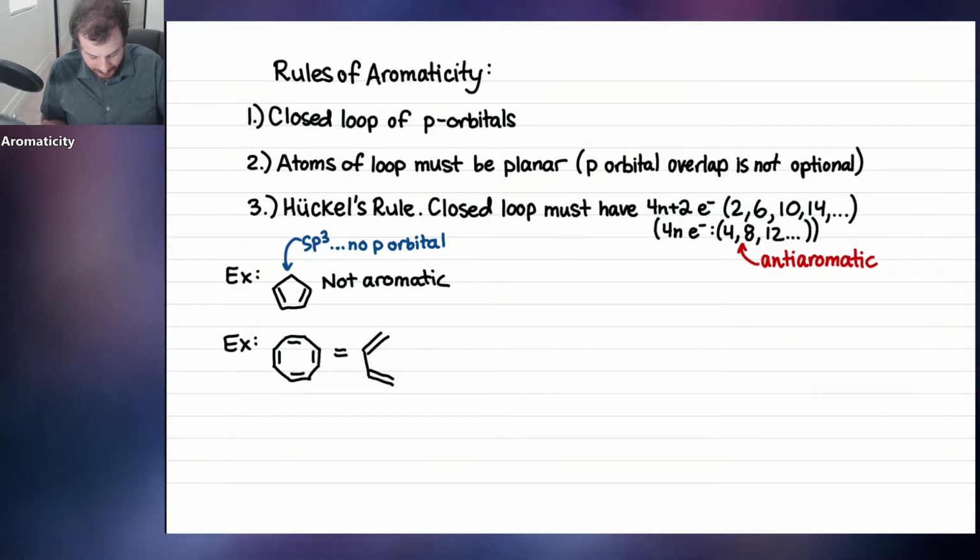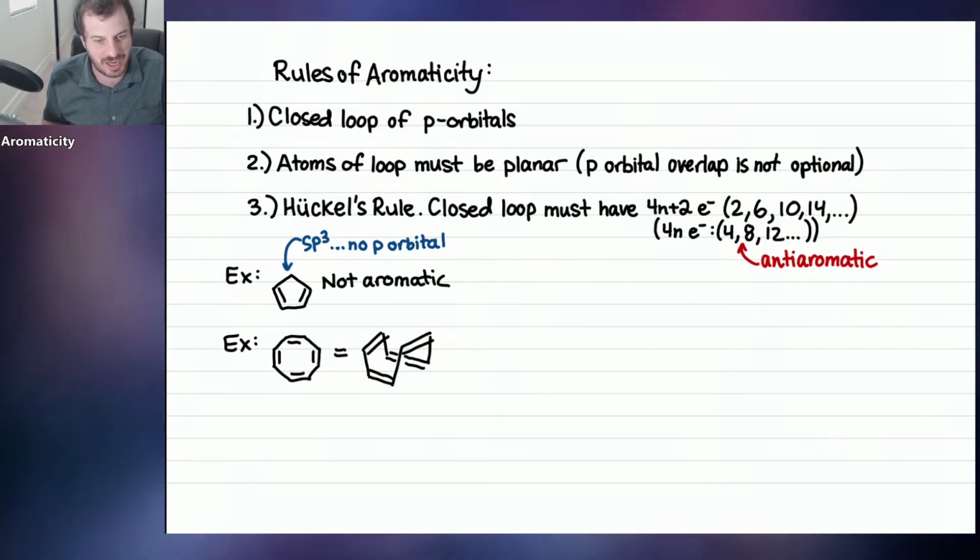And so if you look at this in a 3D form, it deforms itself into a kind of a tub shape. I don't know if you can see the perspective, how 2 of the sides go up and 2 of the sides go down so that it's no longer planar. Now, you would never be able to predict that it would do this, but the chemists discovered this and they said, oh, now we know why cyclooctatetraene, which is the name of this compound, is not planar: it's distorting itself to avoid becoming anti-aromatic.